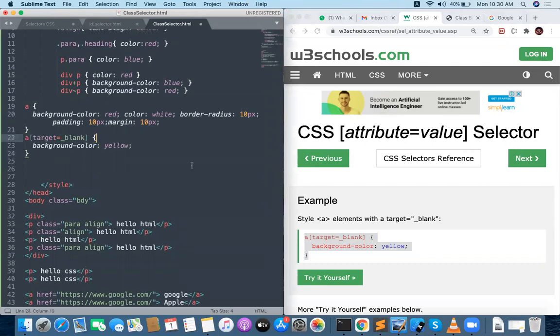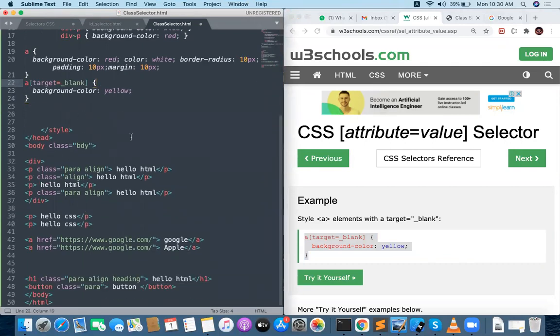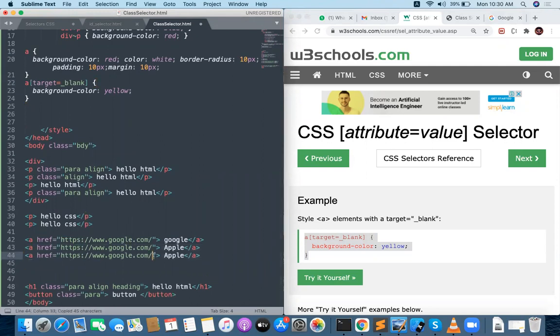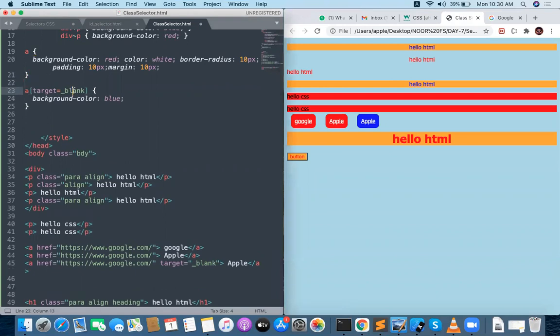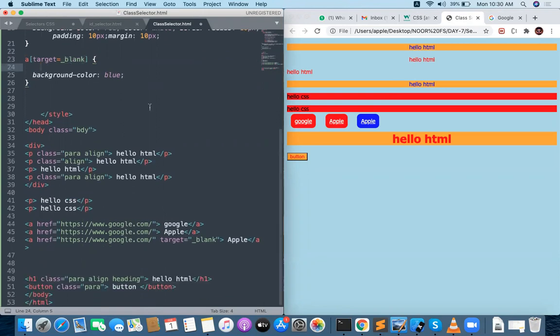So what I want to do is target equal to underscore blank. So which hyperlink is going to have the blank target? For one hyperlink, which has underscore blank, let me give the blue color. Those hyperlinks whose target has the underscore blank attribute got selected with the blue color.